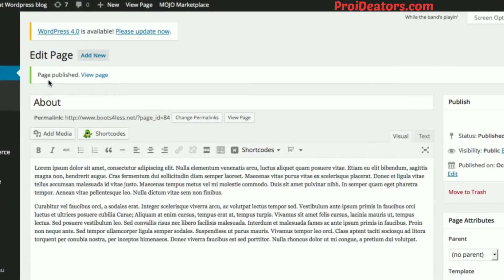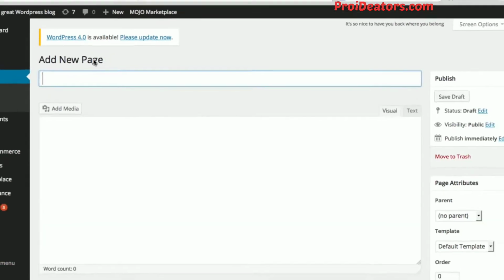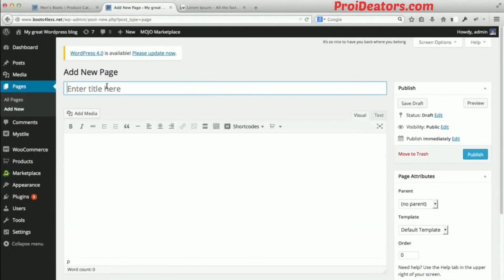Excellent. So my page has been published, and now from here on I'll just go ahead and click add new to add a brand new page. Remember, you can also do this from the menu on the sidebar, on the left side of the WordPress admin. So from here I'm going to create a contact page, so I'll say contact info,